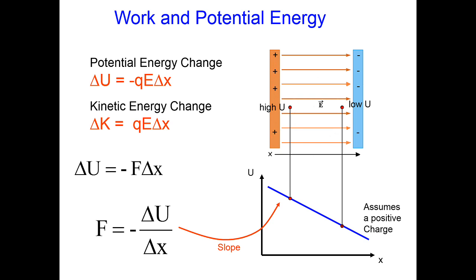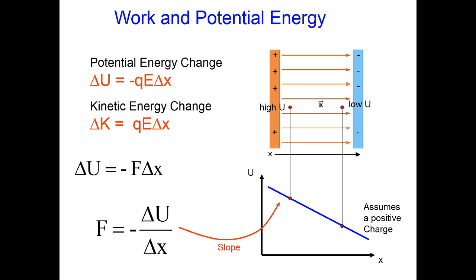If you want, you can tilt your head to the left, and it will look just like the gravity problem that you've done several times before. The big difference is that the positively charged particle accelerates towards the negative plate. The force depends on the amount of charge and not the mass. So as the positively charged particle moves to the left, the potential energy decreases as if it sort of rolls down the electric field. More quantitatively, the change in potential energy is equal to -q, the charge times the electric